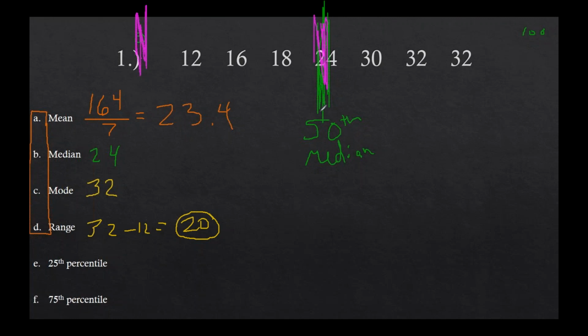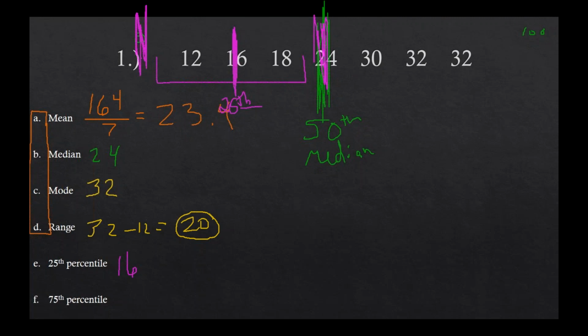It's half of between 0 and 50, meaning this front data, everything in front of the median, if we find the median of that piece, I will have the 25th percentile, because the middle, by definition, is median, and the middle of 0 to 50 is 25. So in this case, if I just look at these three numbers, this is the middle number, so that would be the 25th percentile. It would be 16, because it's halfway between 0 and 50.